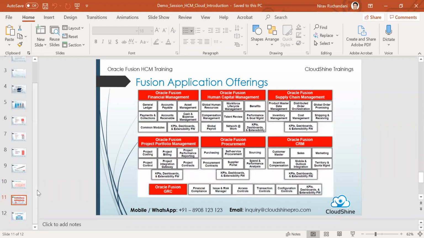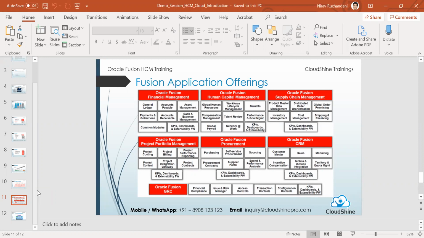Now, from an applications perspective, you will see that there could be certain nomenclature changes from this slide, or if you have come across in your existing implementations, people talking about the different modules per se, there could be certain nomenclature or jargon changes over the years that Oracle has had. So you might be referring to an old nomenclature or a new nomenclature, but we'll see how Oracle is placed as of today.